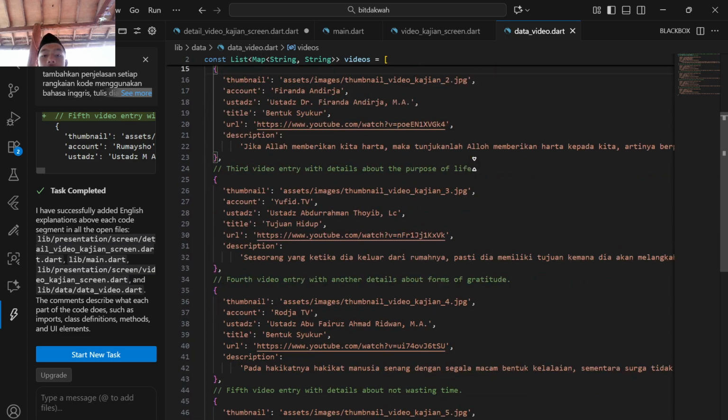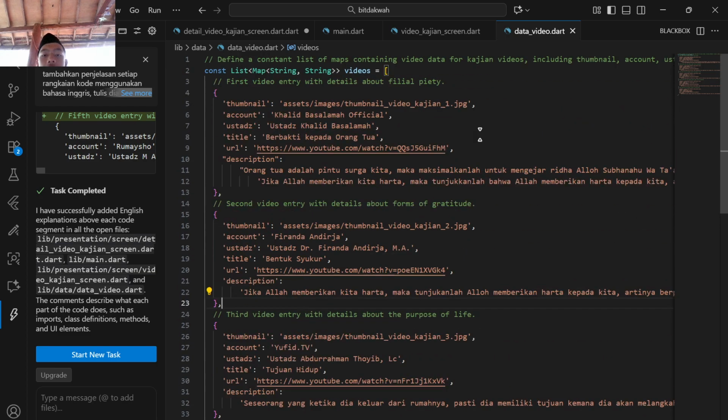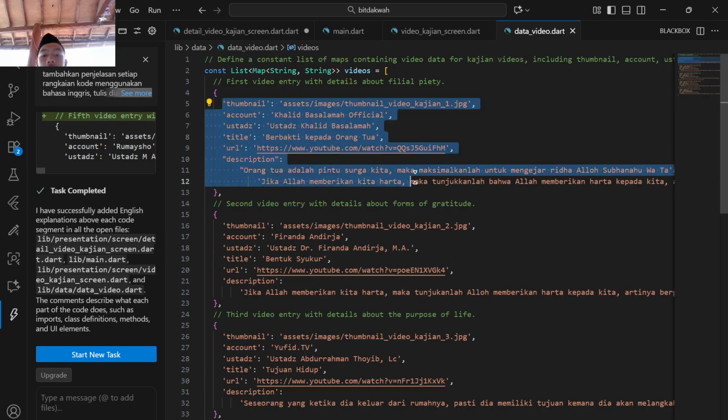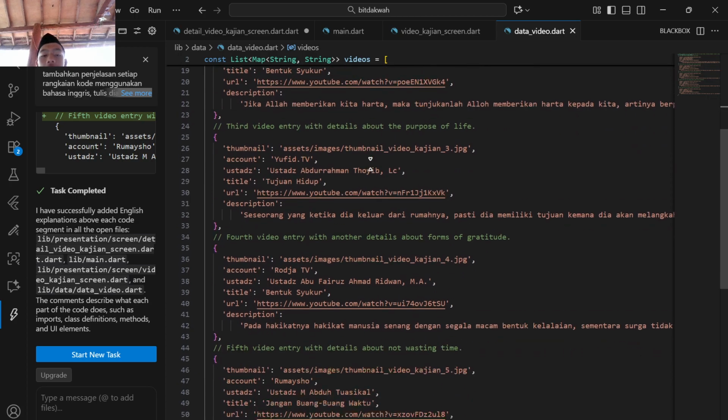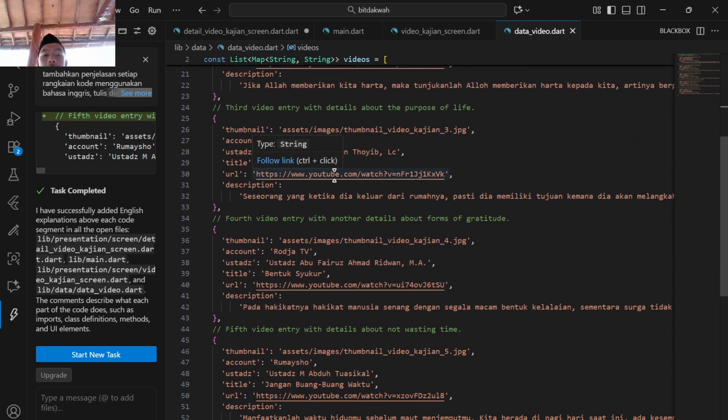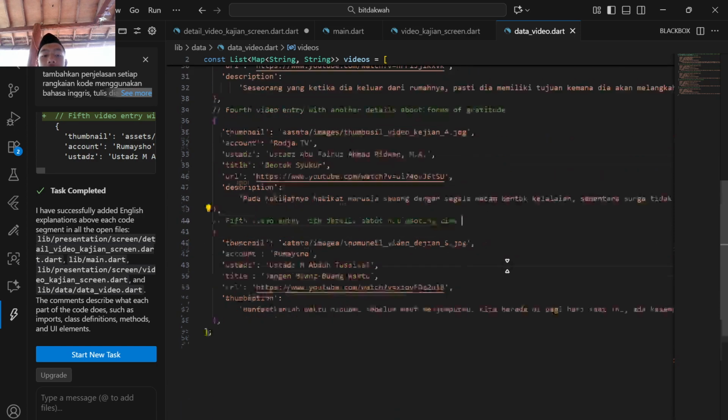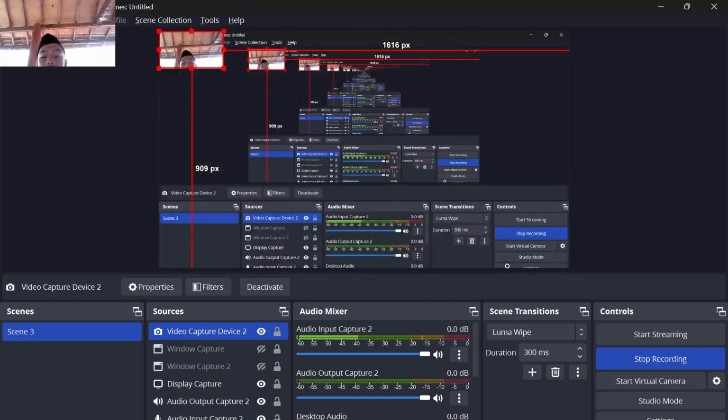The other videos are the same as the first one. Only the title, description, URL and thumbnail change, and the code system is the same. So now we're going to